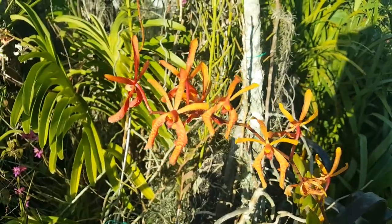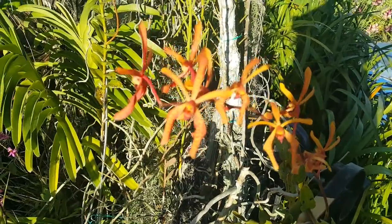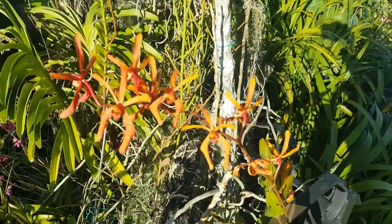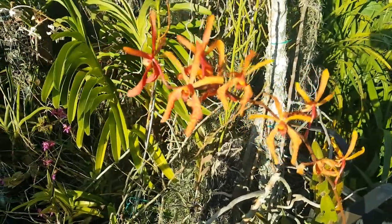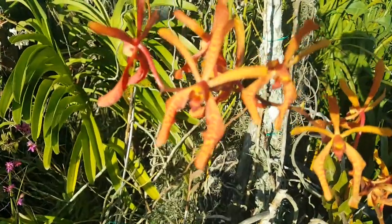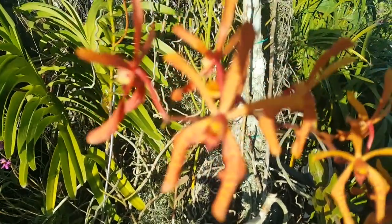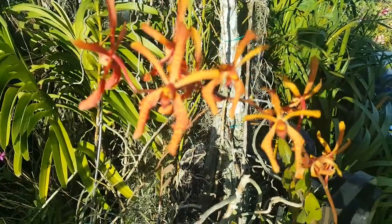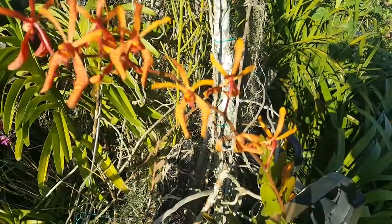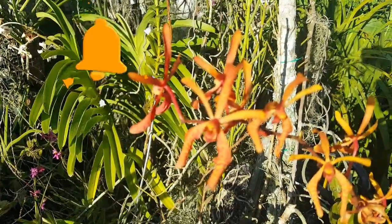This other one is an Arantero. I think this is the honey black. This one is actually an old bloom, so it's not as red as it was when it was freshly opened. So now it looks more like a burnt orange, but it's actually between the burnt orange and red when it's newly opened. But as I say, it's an old bloom. But nevertheless, I had to throw it in the mix because it's blooming now in my garden. That's the Arantero